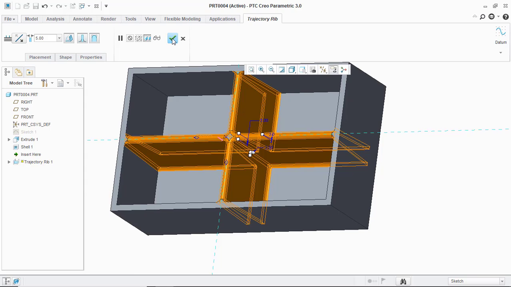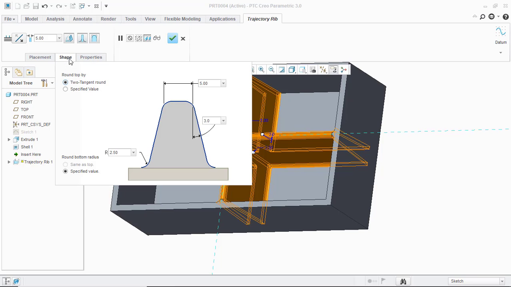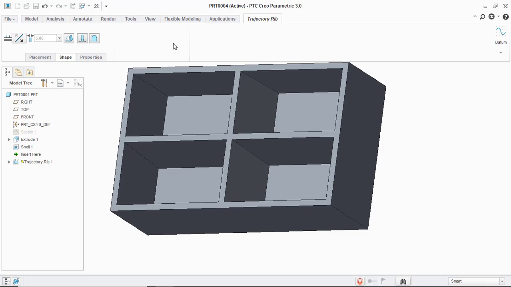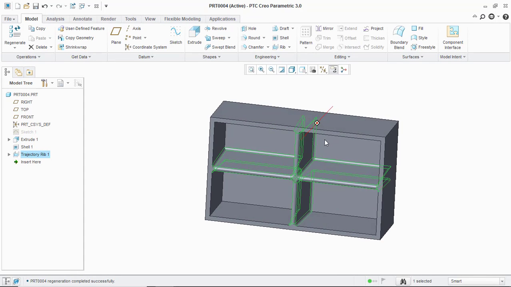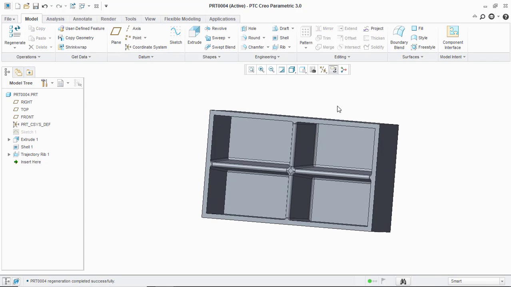And radius, internal radius, and the draft angle. And for now, you can also go to shape and give the specified value for this radius, the distance, and the bottom side of radius. So you can easily modify it. For now I am just going to click OK, and after that